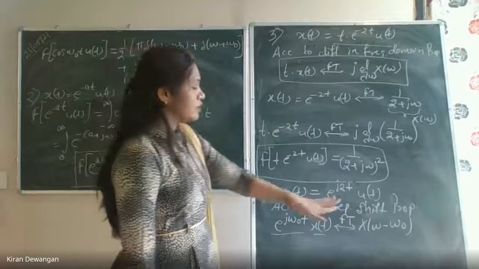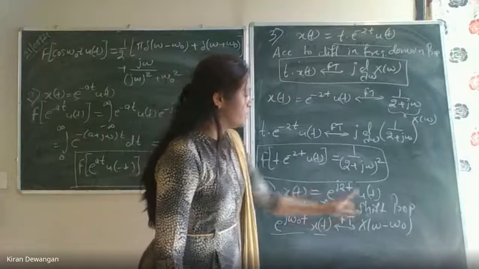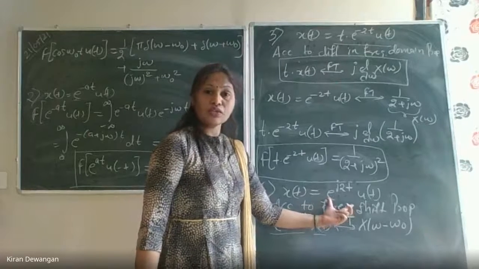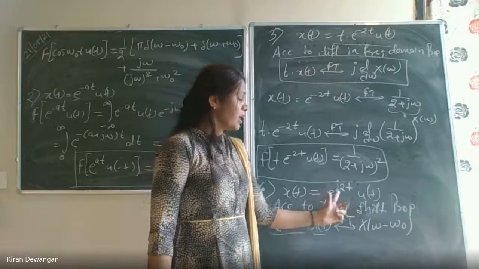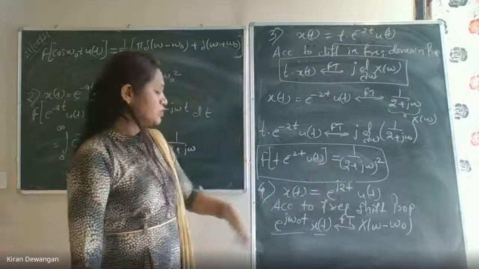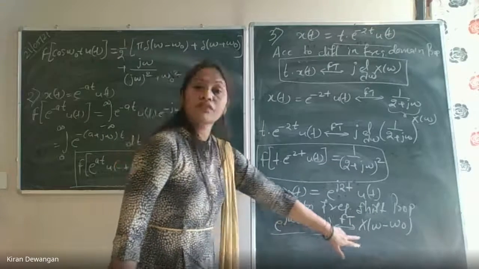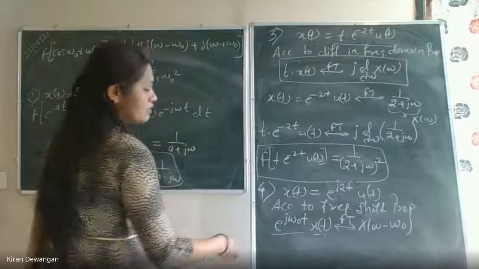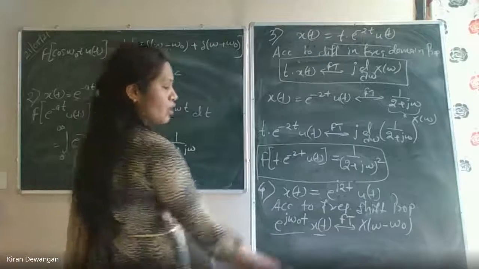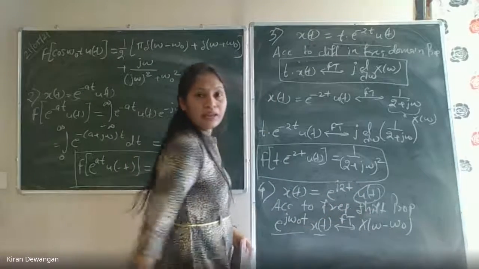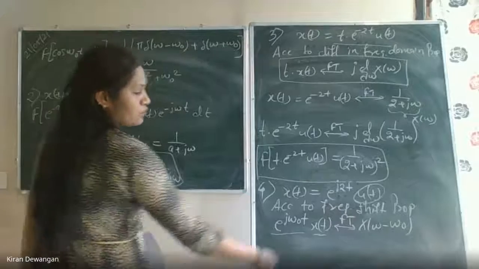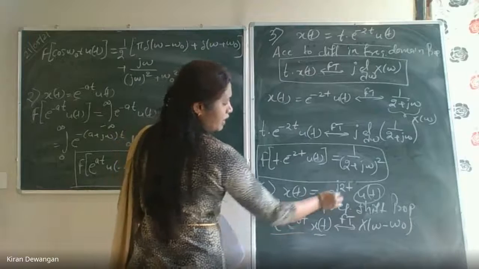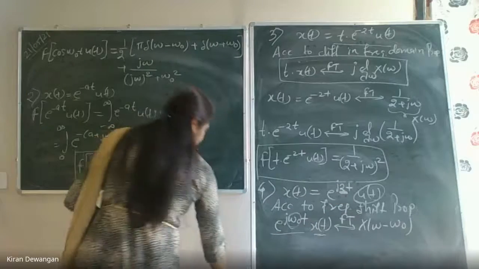So we will get the question that it is e to the power j 2t ut. Now we need to understand where this is used, in which property. e to the power j omega naught t into xt is used in the frequency shifting property and we get X of omega minus omega naught. Now what is our xt here? As we have already solved, xt is ut. Now we have to apply X of omega minus omega naught here. And what is our omega naught here? Omega naught is 2.